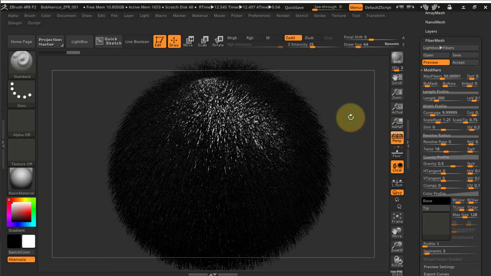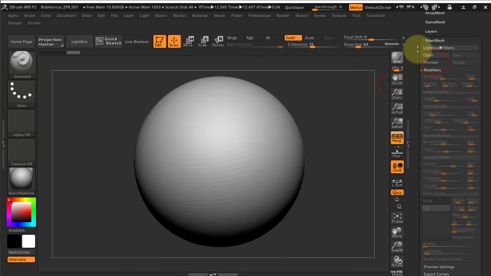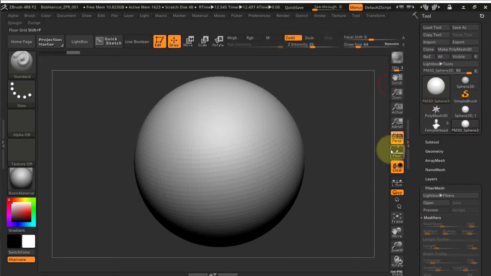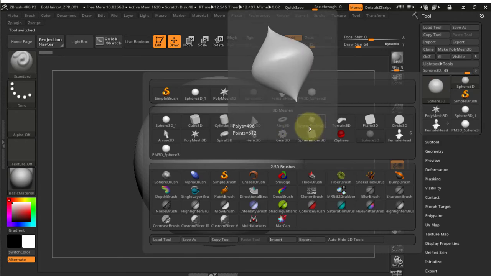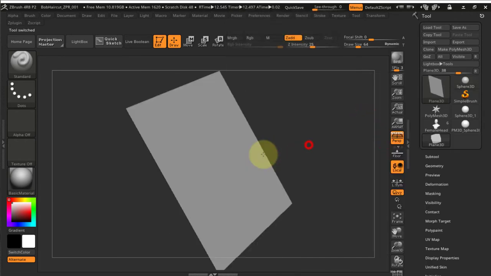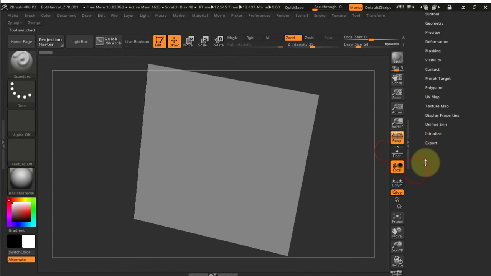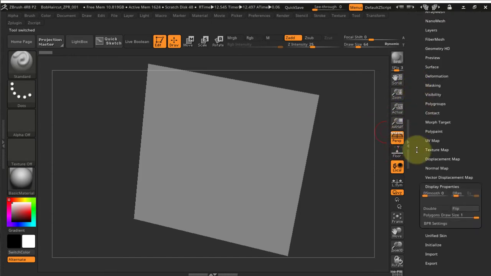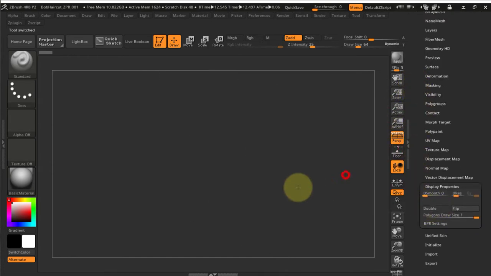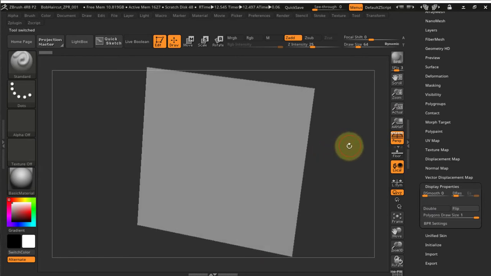Another important thing: let me turn this off and let me create another item. So probably a plane 3D. Alright, so this plane 3D is actually a polymesh model, let me check the display properties. So display properties, it's not a double anymore, so that means there's one side that's visible and the other side is not. So if you are creating fur or hair on a plane like this,